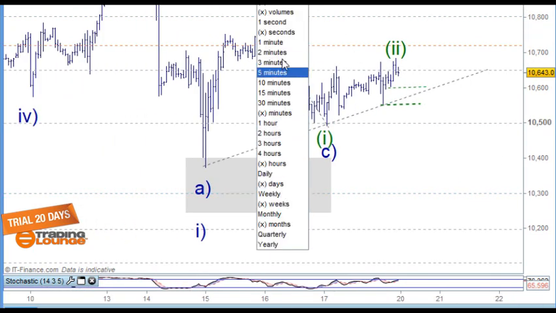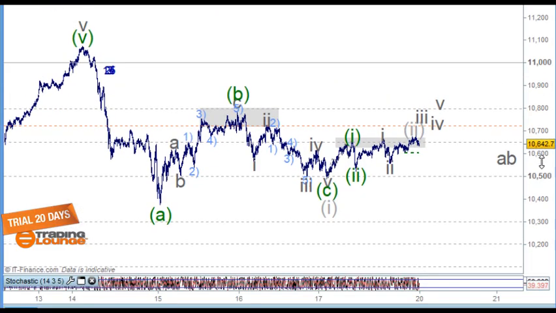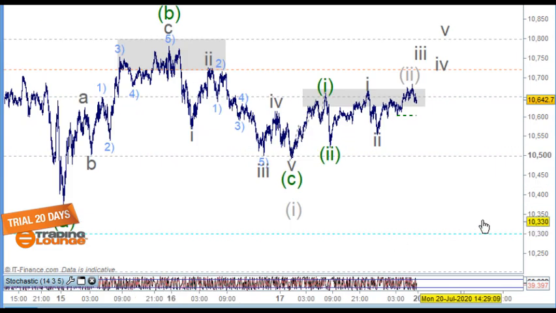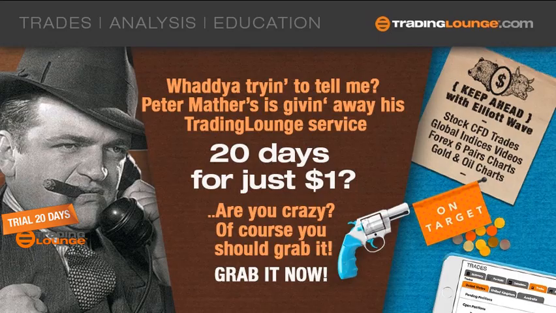So just looking at this into the tick chart here for the diehards. As you know, I've taken all my labeling off here, but I have counted 5 waves down into this space here. So I'm okay with that. This is definitely an A and a B and 1 and 2 and 3 and 4 and 5 here. So this is definitely a